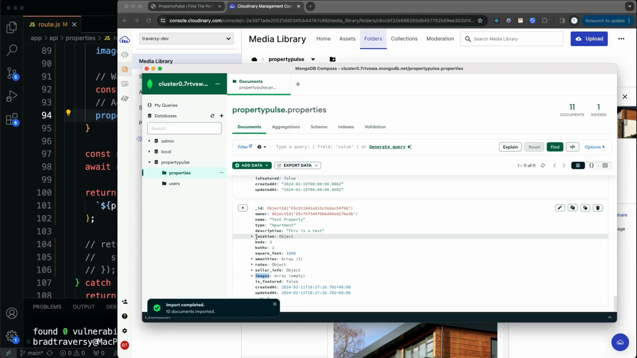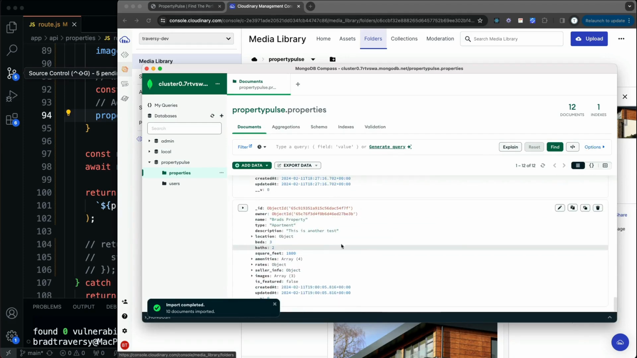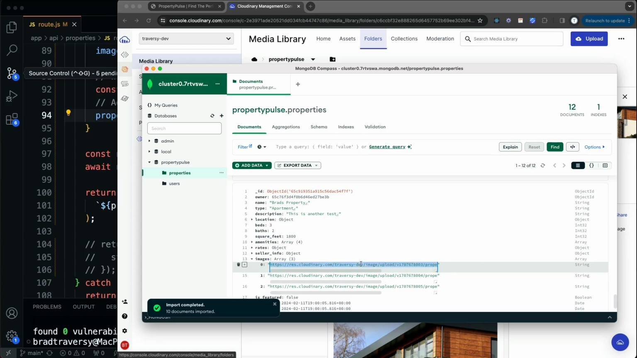Now, the URLs to these images should be in our database. So let's go to Compass, and let's go to View, Reload Data. And I'm going to go down to that listing, which is this one right here, Brad's Property, and you'll see there's 3 images. And there we go. We have the URLs to those 3 images. If I grab one of these,